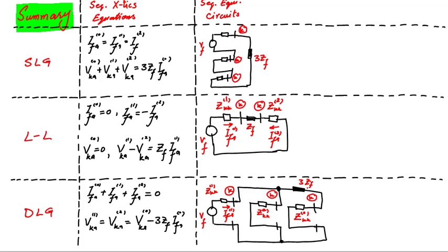Now here I want to mention, if we compare these three circuits, in case of single line to ground fault and double line to ground fault, if fault impedance is involved, it will appear as 3 times its value in their sequence equivalent circuit, which can be seen over here as well as over here. But in case of a line to line fault and even in three phase fault, the fault impedance only appears once in their sequence equivalent circuits.